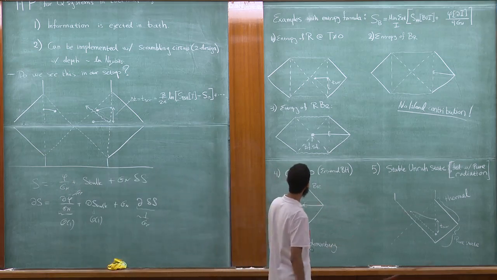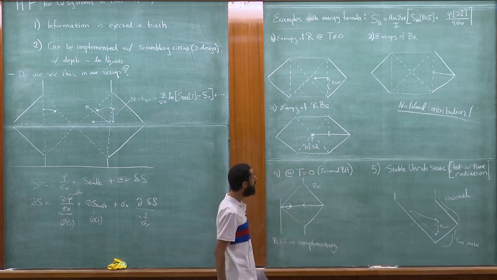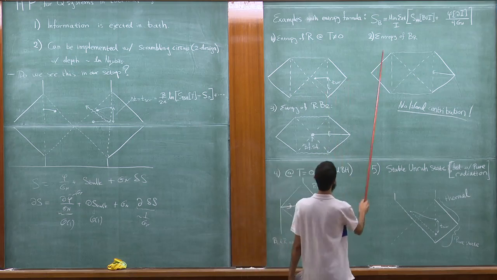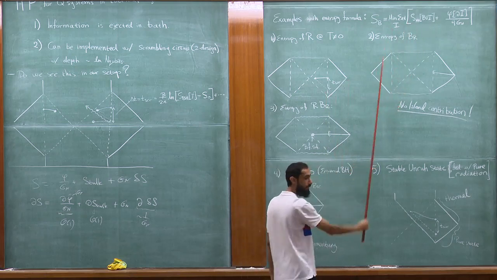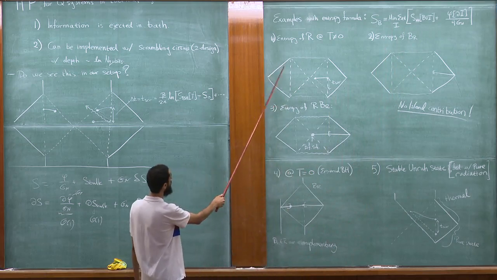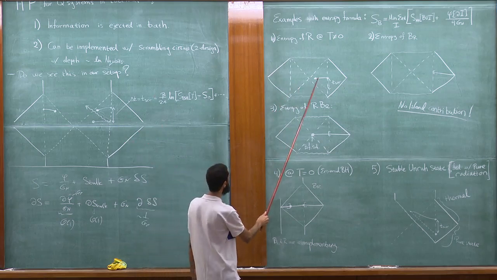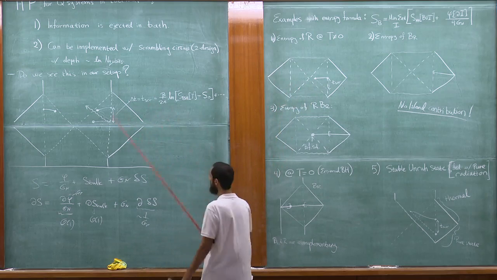Now let's talk about some examples of the entropy formula that give very interesting observations. This is the formula. We have to extremize over these islands. So let's first apply it to this case. This is just the entropy of R. Oh no, sorry. This case was the entropy of the union